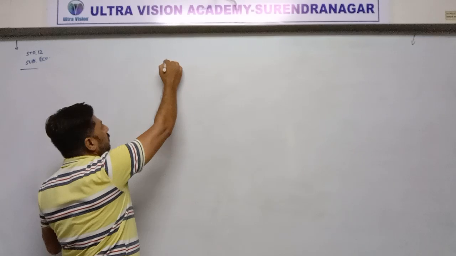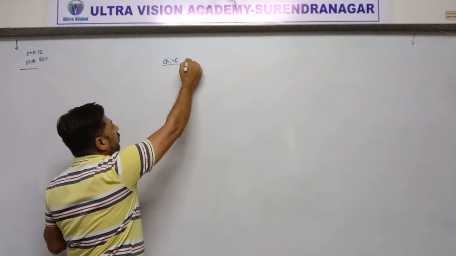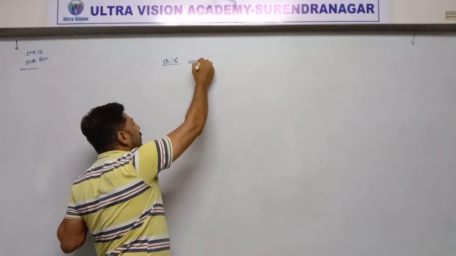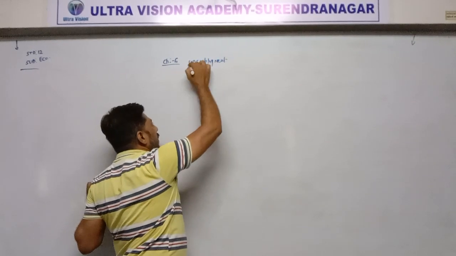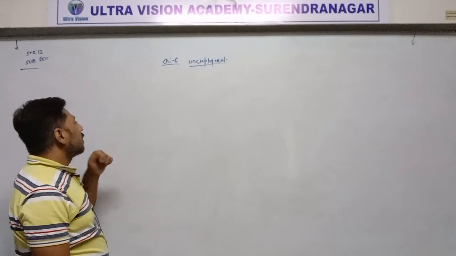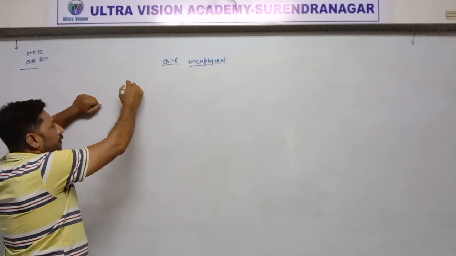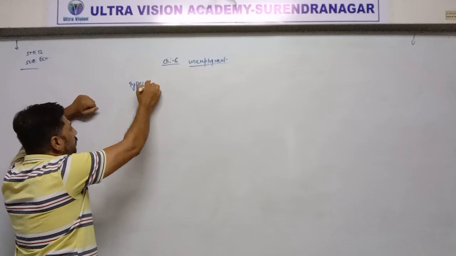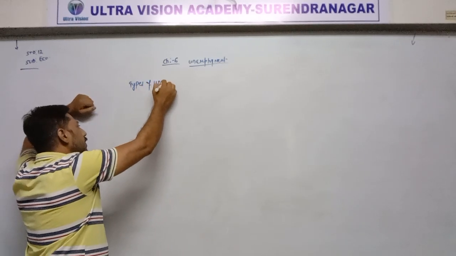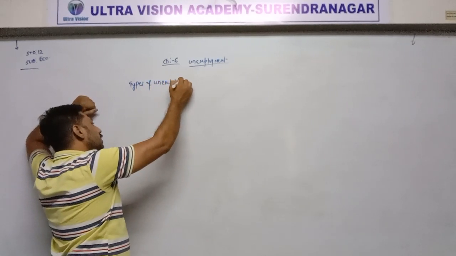Chapter 6, Unemployment. In chapter 6, we were on the topic types of unemployment, types of unemployment,